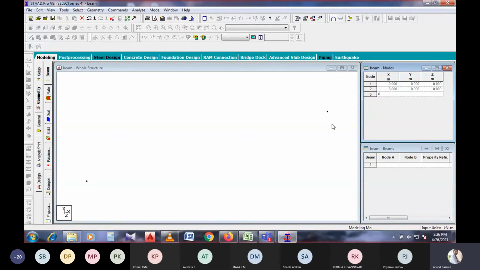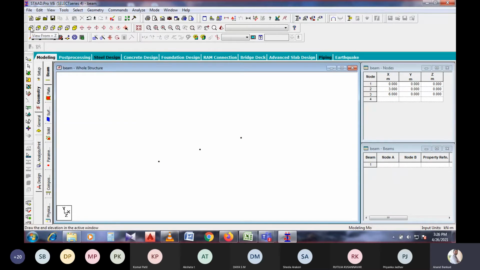If I need to add another 3 meter span for the structure, from here to here it is 3, and I need to add another 3 meter beam, so it will be counted from the 0 only. Then 0 plus 3 plus 3 will be 6 meter. This is how the members are created.